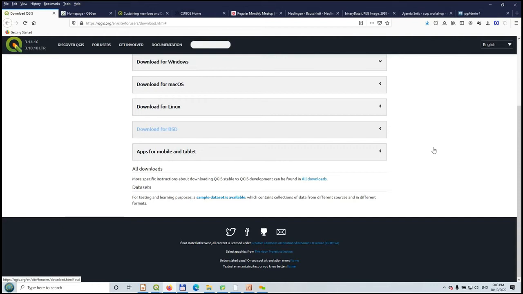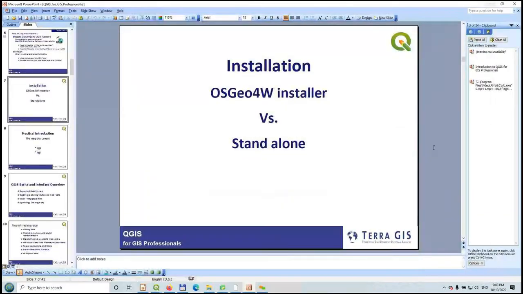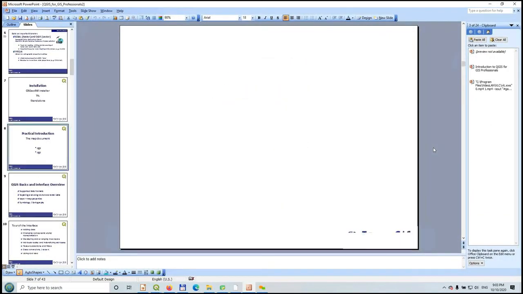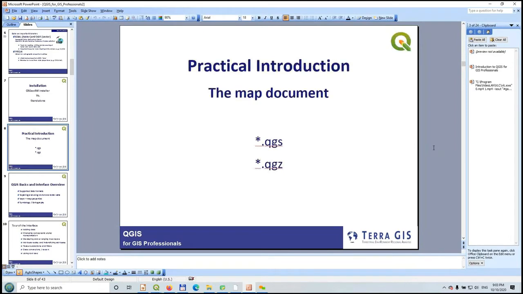So that is what I wanted to wrap up before we dove into the interface, but basically it's important to know how to get the software. So let's look at what my slides show me next. I wanted to talk about the